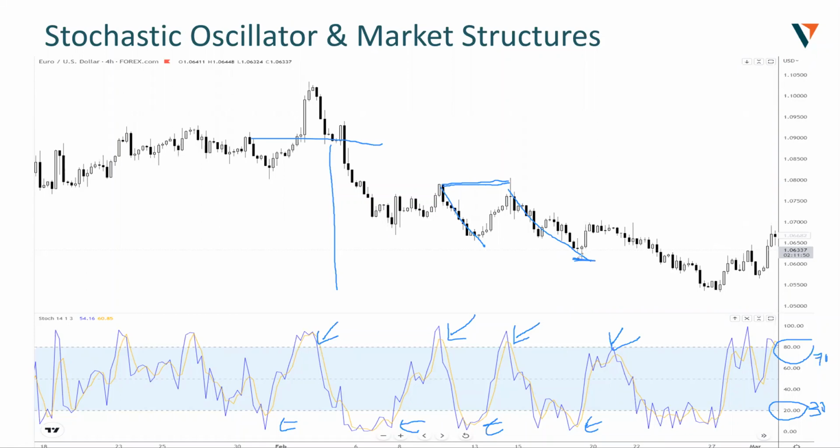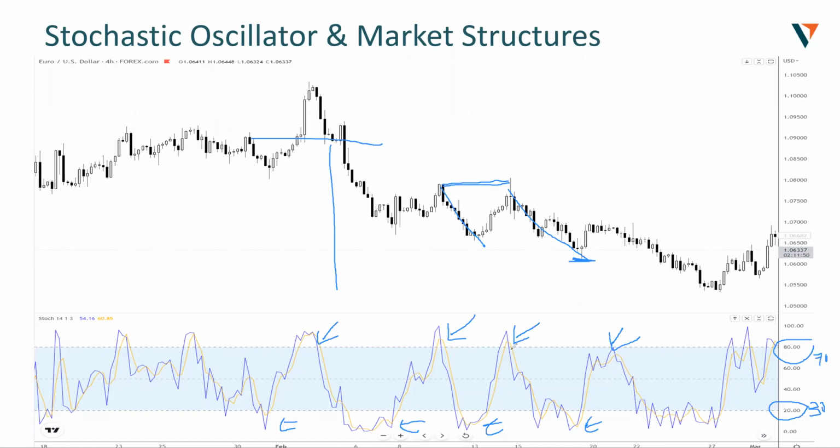Because for one, we wouldn't know where exactly the bottom of the market is. Second thing is that we also wouldn't know where to put our stop losses, right? So this would probably be an arbitrary number, not based on market structure. Whereas if you're holding to the downside, you can see that if price comes into this zone,